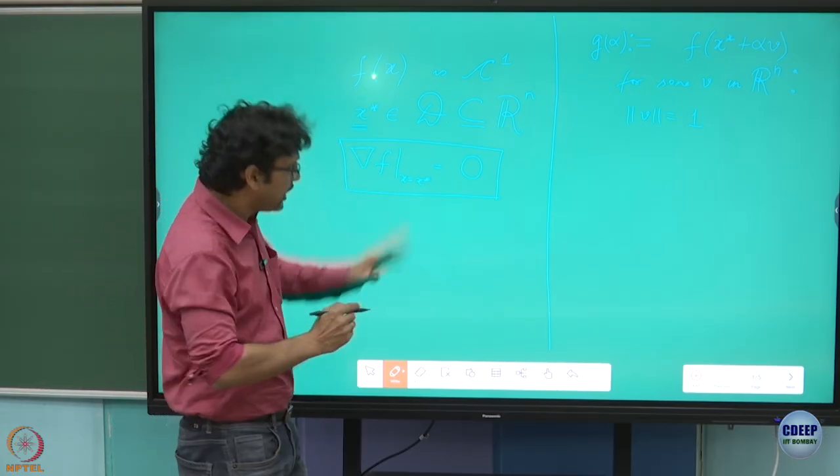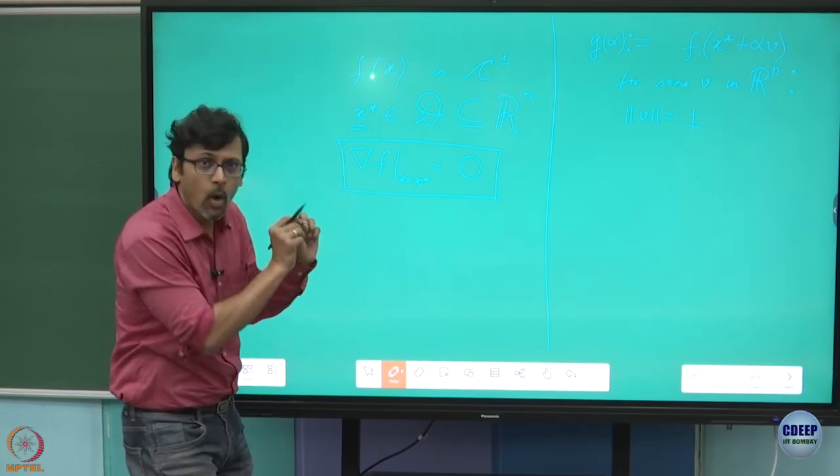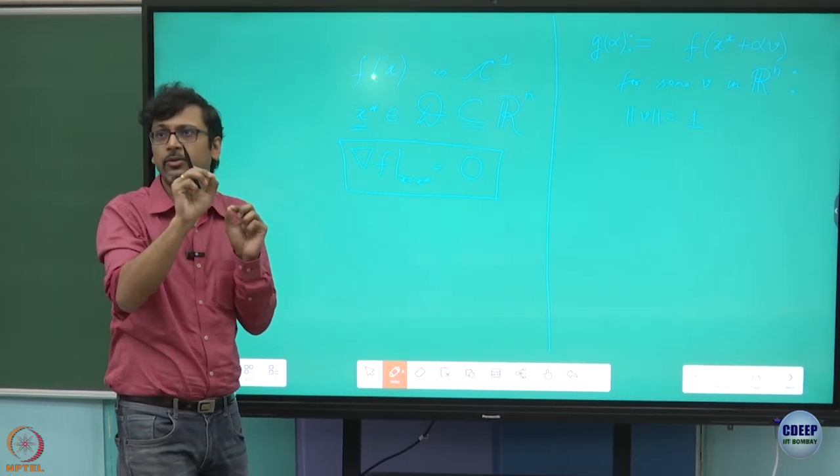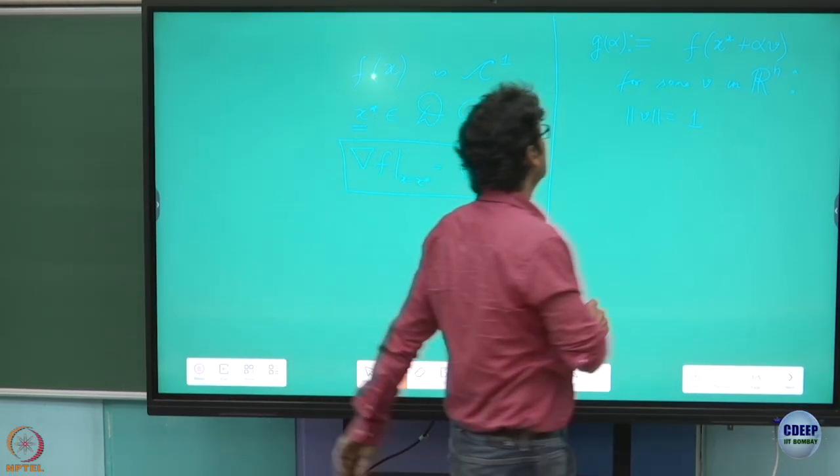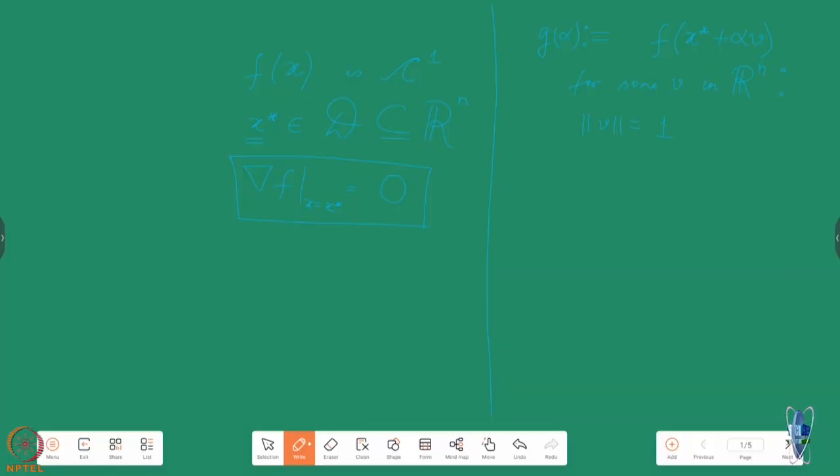But let's for the moment just focus on this one direction along which we are traversing. In fact, so much so, you could actually associate this g with a subscript v to denote that you're only talking about traversing along the direction of the vector specified by v. It's a matter of taste really. I'm not going to do that. Towards the end, we'll present an argument where the specific direction of v will not matter.